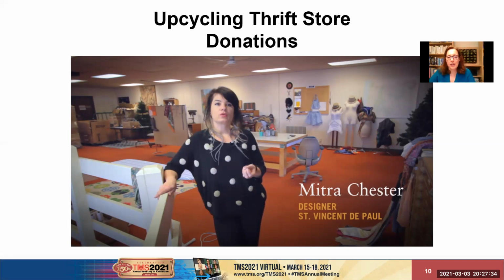She noticed there were a lot of flannel shirts and hoodie sweatshirts being donated. So she cut the sleeves off of both and then started sewing the flannel sleeves onto the hoodie sweatshirts, put a batch of those out. The students at University of Oregon saw them and sold out. She made another batch, they sold out. She took the average daily sales for her store from $500 a day to $1,500 a day,